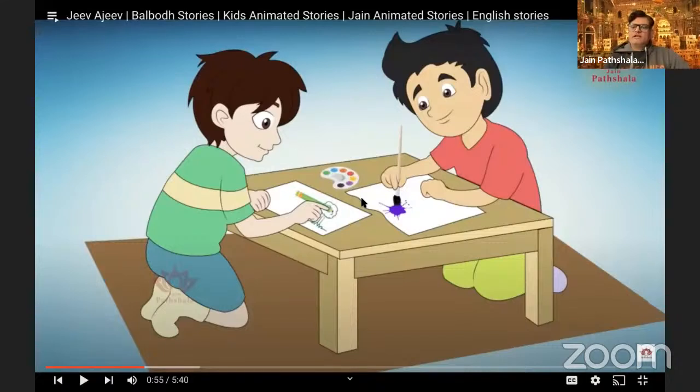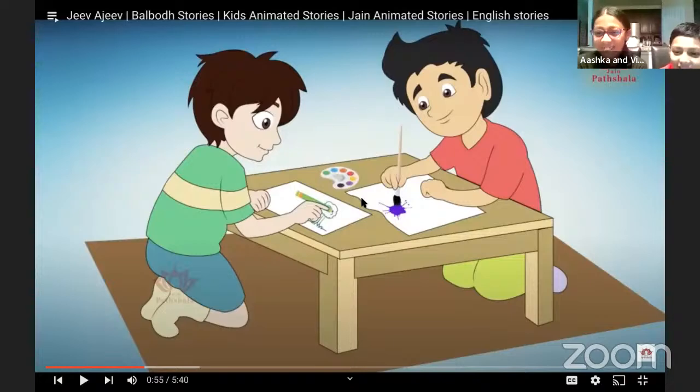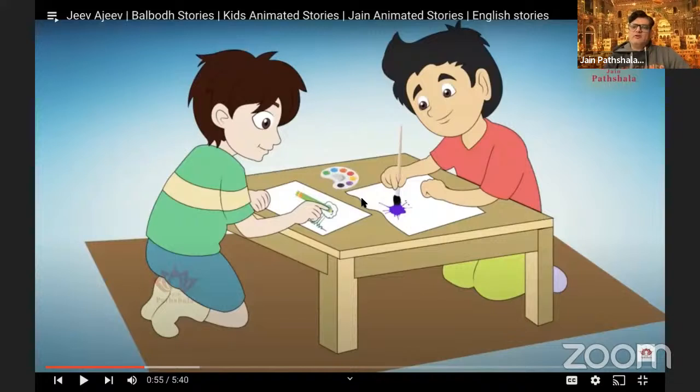Okay, Jeev. There are some kids who have this false impression that their teddy bear is their best friend. So if I say a teddy bear is my best friend, is the teddy bear a living being or a non-living being? A non-living thing. Okay, perfect. Good. At least you know that.